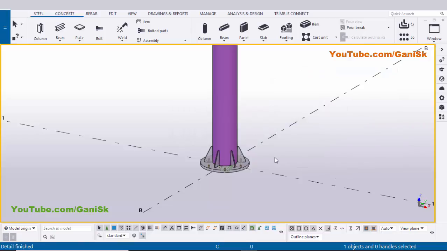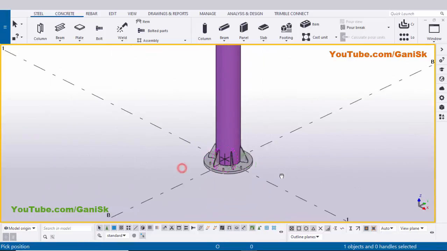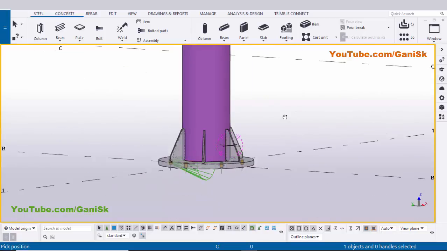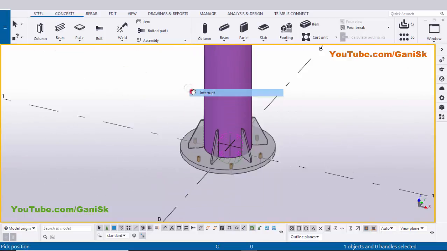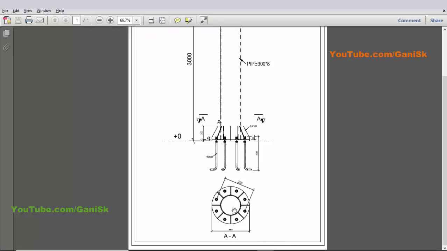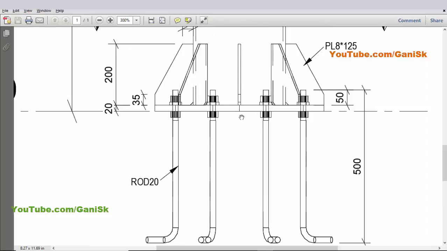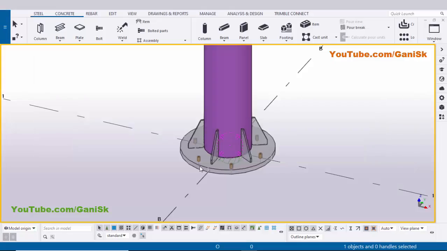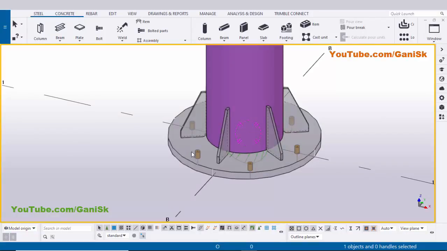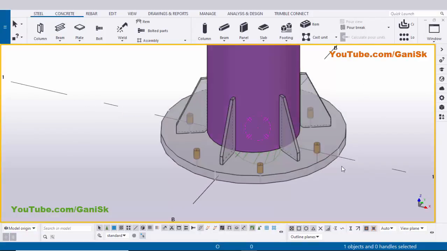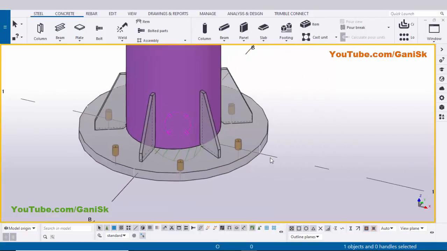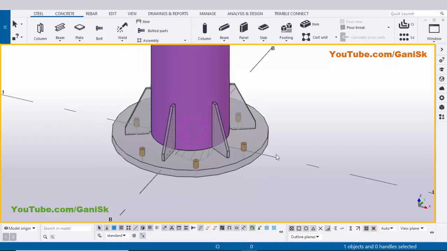Use the shortcut Control R and pick the rotation point here, and you can rotate like this. Okay, by default we have circular base plate like this. Now we're going to edit this base plate according to our example dimensions. To edit this base plate you need to double click on it. Currently this base plate is in shaded view. To get render view, use the shortcut Shift 4 for components and Control 4 for objects.